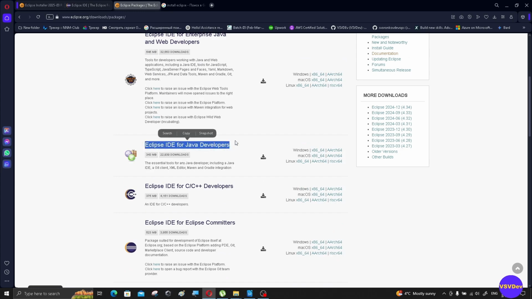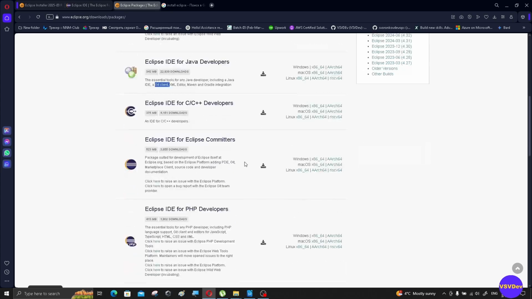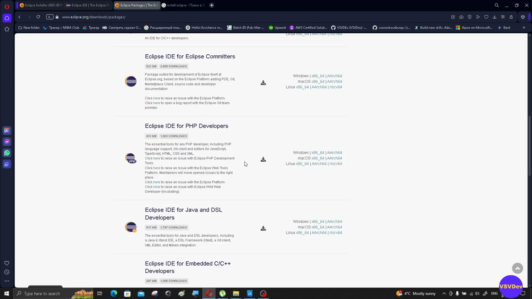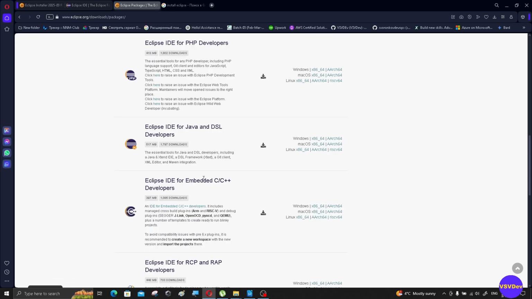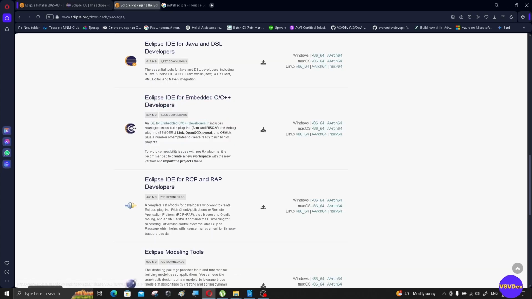And here is a simpler installation package. It has only 300 megabytes, and it has Java, Git, XML, Maven, Gradle integration, and also we have different additional versions for Java